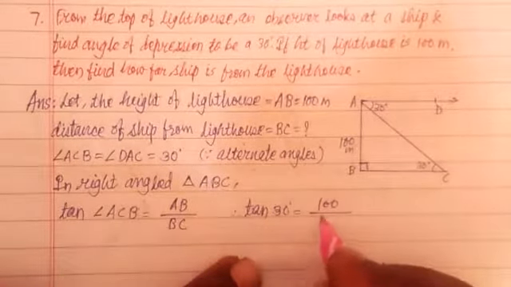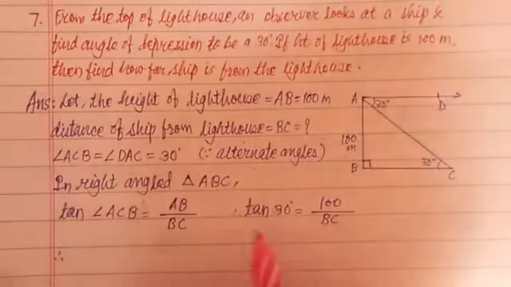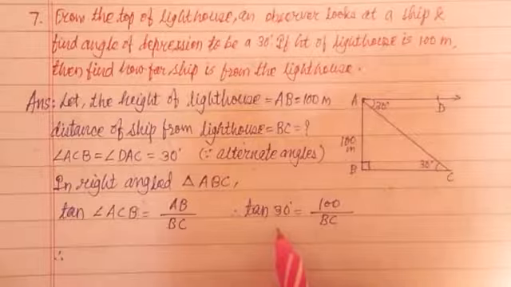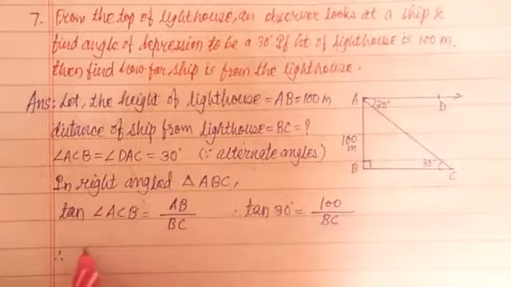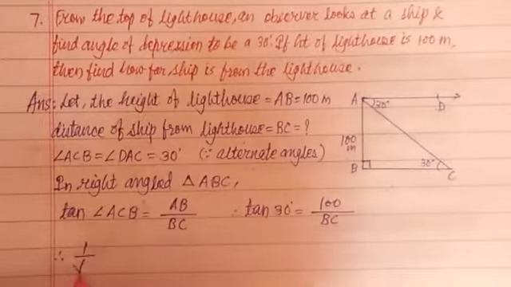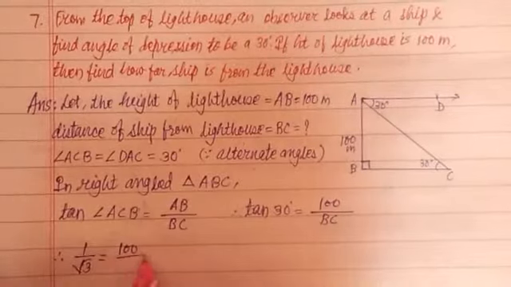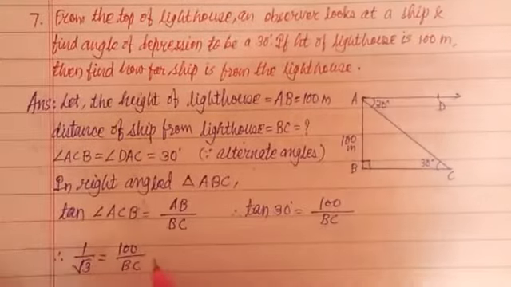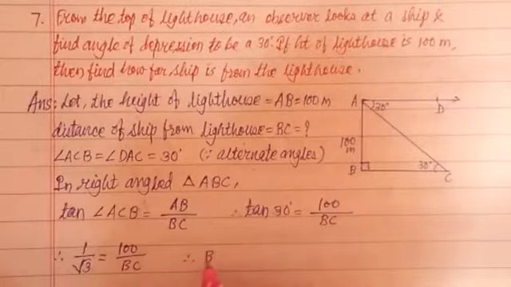BC is not given. Now we know the value of tan 30 is 1 upon root 3, which is equal to 100 upon BC. Taking cross product, BC into 1 means BC